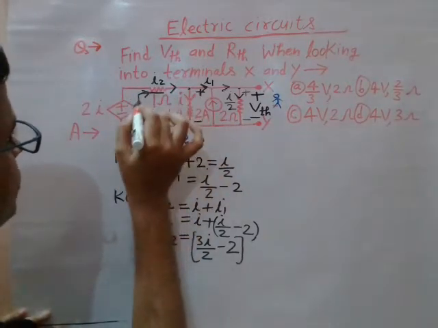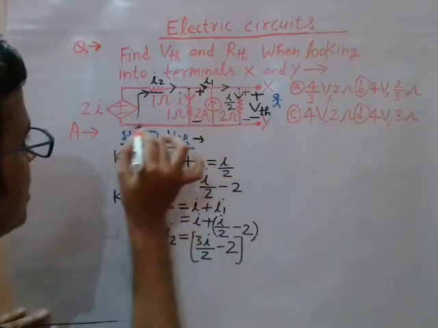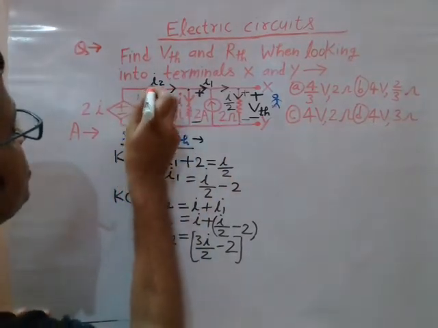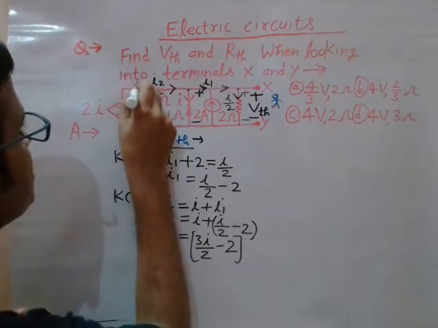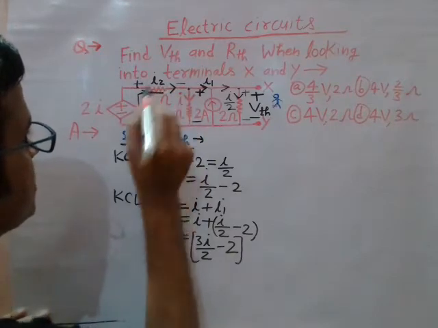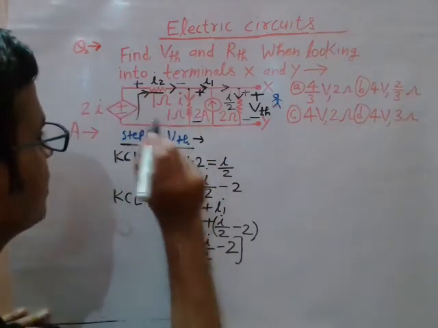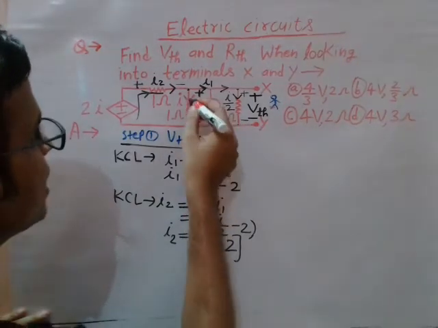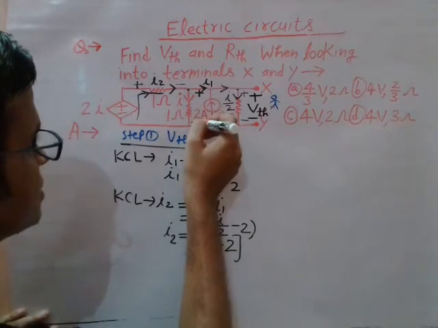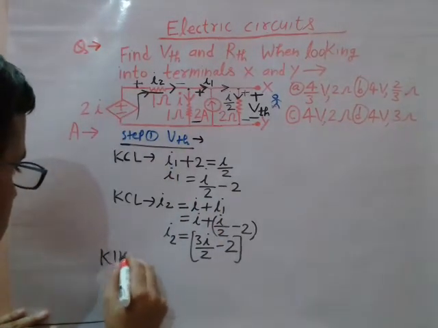So here, how to decide the polarity? In the direction of current flow there is a voltage drop. I am assuming that the direction of current flow in this branch is like this, clockwise. So in the direction of current flow there is a voltage drop. That means this is plus and this is minus, which is the polarity across this. The later terminal will be negative for the voltage drop in the direction of current flow according to convention, right? Current flowing in this branch is top to bottom. That means this is plus, this is minus. Now I can apply Kirchhoff's voltage law.